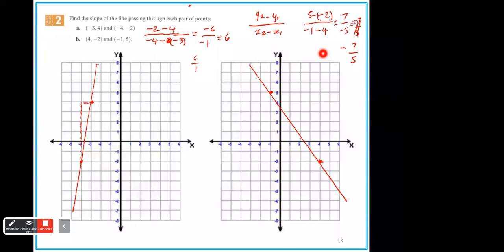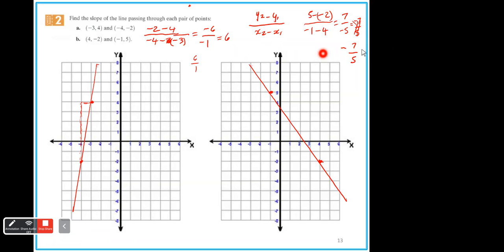Okay, not exactly accurate, but all right. But this is how it looks, and you notice that it's going downwards, and that's because we have a negative slope, and as a result, the line is going down as we move from left to right. Now, because it's negative, it means we're going to go down 7